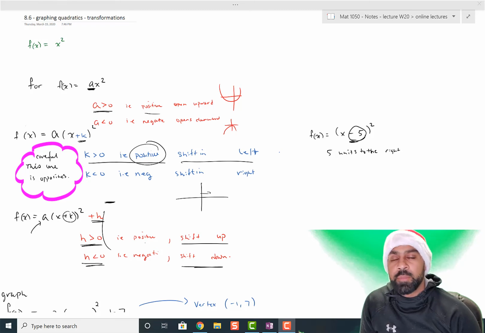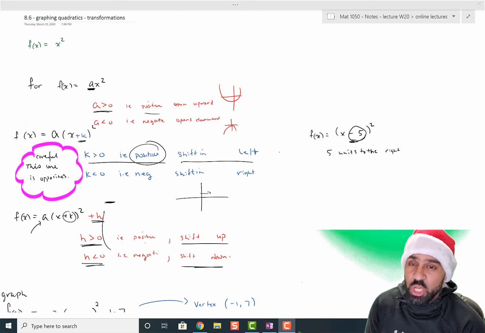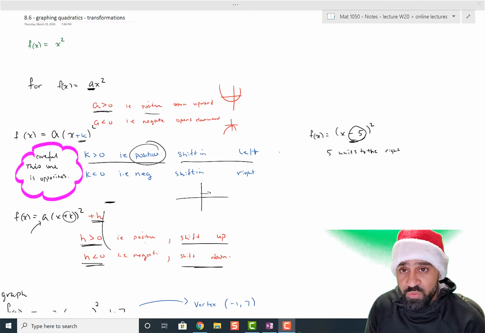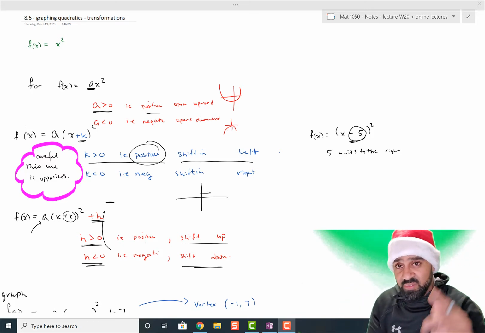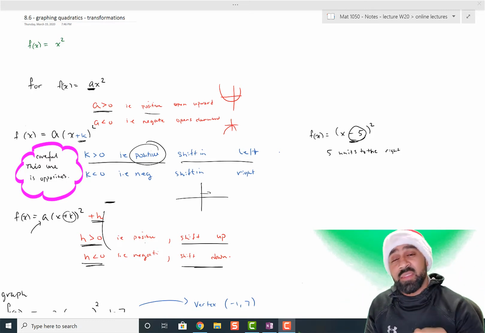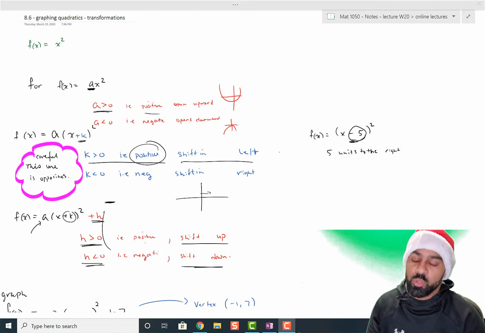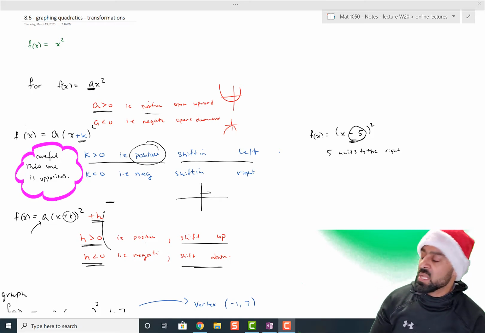All right, ladies and gentlemen, we're starting back on section 8.6. We just got done talking about graphing quadratics. Again, as a quick overview, we started off knowing that quadratics are horseshoe shaped. They have peaks and valleys. The peaks and valleys are known as vertexes or vertices if you have multiple of them. Quadratics only have one, so that's the only reason we call it a vertex, not vertices, which is a